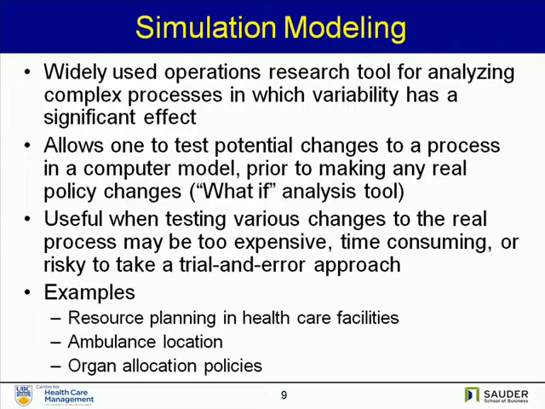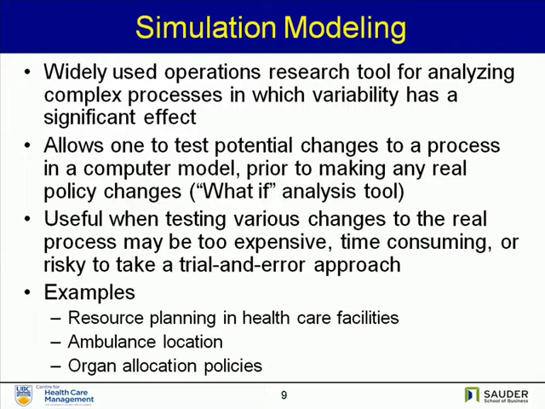they might play out within the context of this model before we go commit ourselves to making actual changes to the real system. So it might be too expensive, it might be too time-consuming, risky, and so forth to take a trial and error approach to making changes to a real system. And so we like to have these kinds of computer models to play around with before we make such big decisions. Okay. So we see examples of this in resource planning in healthcare facilities, ambulance location, as I mentioned before,